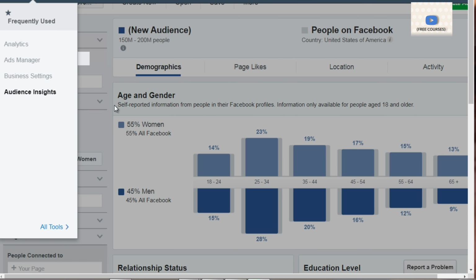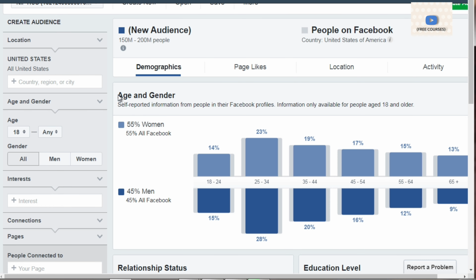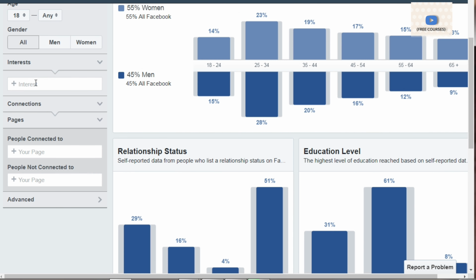Okay, so to get to Facebook Audience Insights, you'll need to go to business.facebook.com. You'll need to log in to your personal Facebook profile, and you'll need to set that up if you haven't. And after that, you'll need to click on the top, go to Audience Insights, and here we are. So this allows you to enter a location, an age and gender, specific interests.